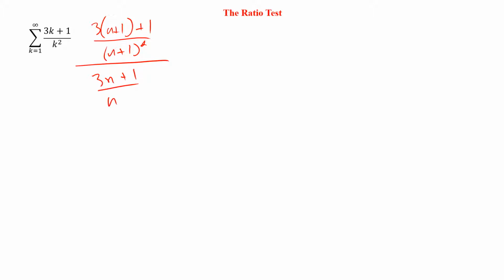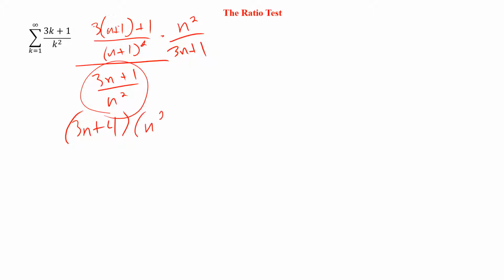Let's see a couple extra examples of this though. So here's one involving more polynomial type deals. We're still going to do it the same. We're going to take 3n plus 1 over n plus 1 squared over 3n plus 1 over n squared. We can move this guy up to the top, so multiply by n squared over 3n plus 1. We can distribute. That's 3n plus 3 plus 1, which will be 3n plus 4